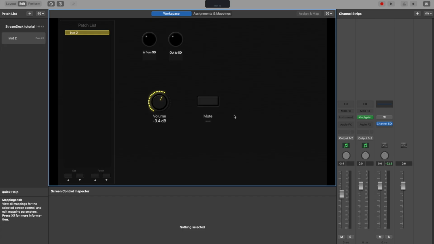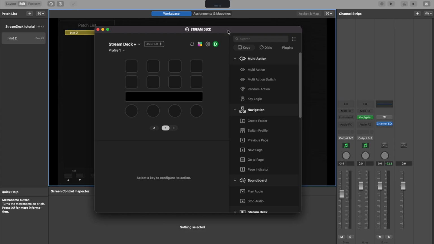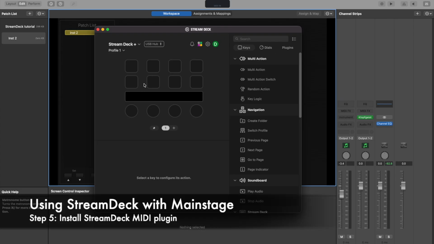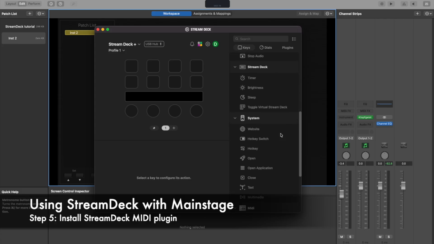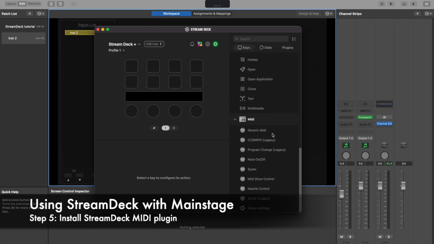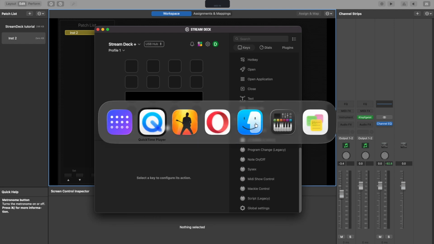So now we're going to want to head into StreamDeck and create our controls that will control these panel controls. In my StreamDeck controller setup here, I've got a blank profile that I can show you how to set up. You're going to need the MIDI plugin. Now this you can obtain from this website here,